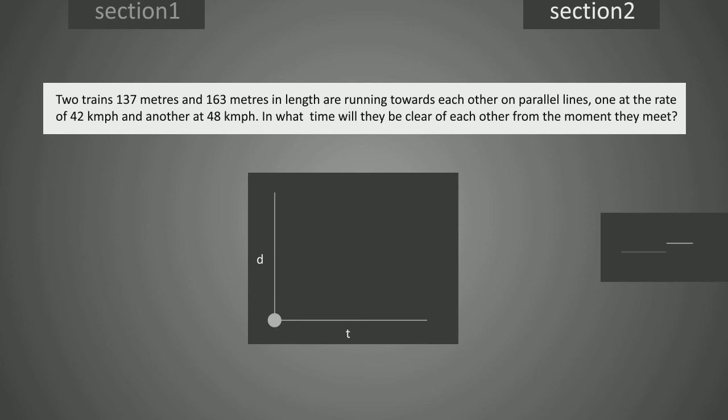Step 1. Laying out the picture. But before that, let's straighten out a few things. We will pick any one of those trains as our frame of reference. If we do that, we have to change a few things because the data in the question is with respect to ground. Now if we pick any train, the other train will seem to come closer with the speed 90 km